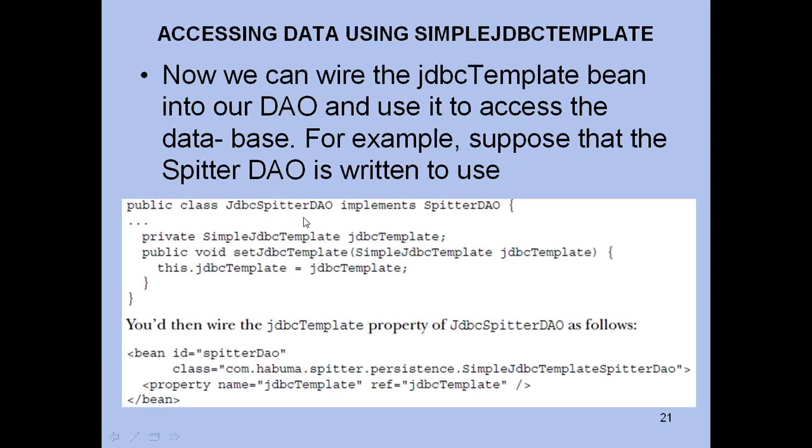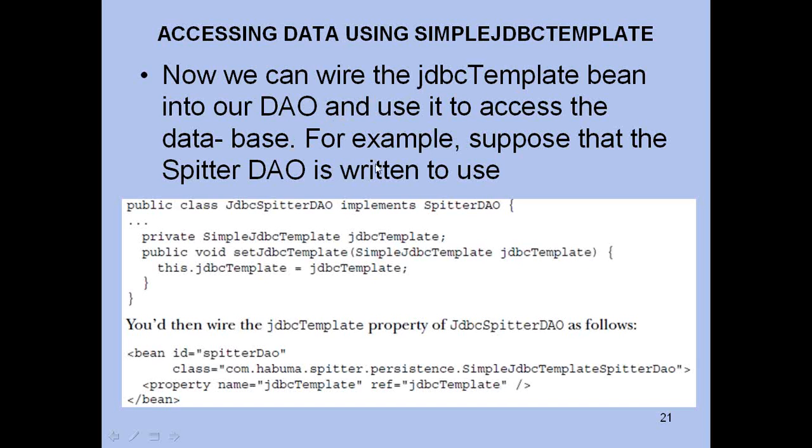Now, in the JDBC splitter DAO, instead of declaring the variable as JDBC template, you declare it here as private simple JDBC template, and the setter method accepts a simple JDBC template. Now we can wire the JDBC template bean into our DAO and use it to access the database.